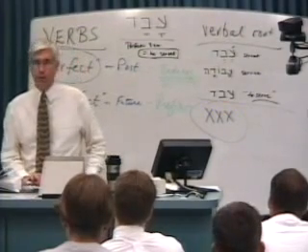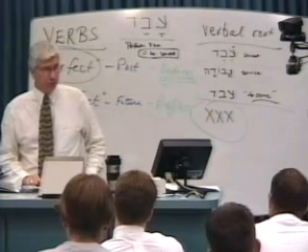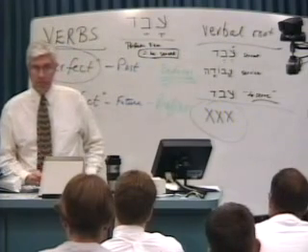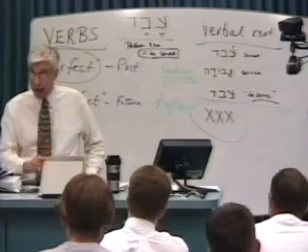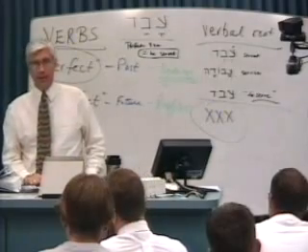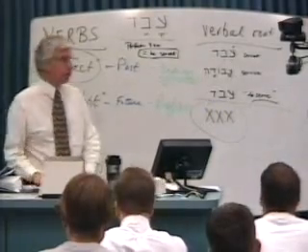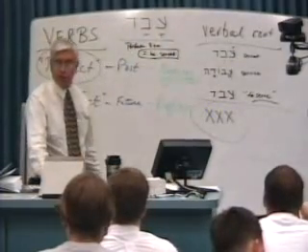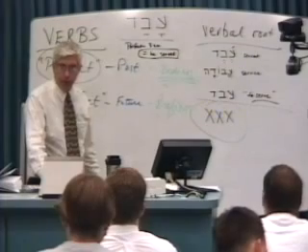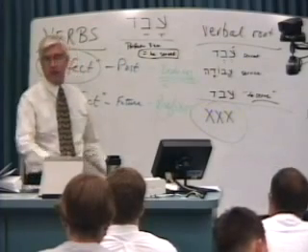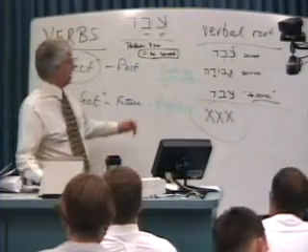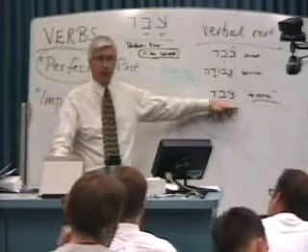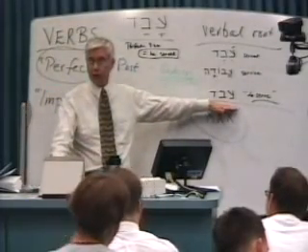You talk about the verb luo, but if you really want luo, it doesn't mean to loose, it means I loose. Right. So you've got it conjugated already. So we're going to use this form and these vowel points to talk about the root. So if I would ask you to parse or to analyze the verb form, and it boiled down to being this root, you'd say, and that is from the verbal root